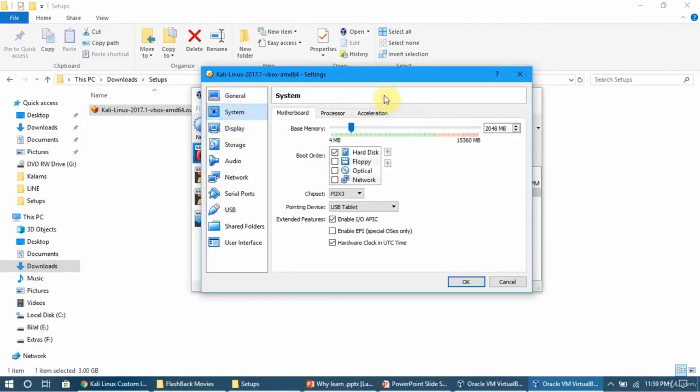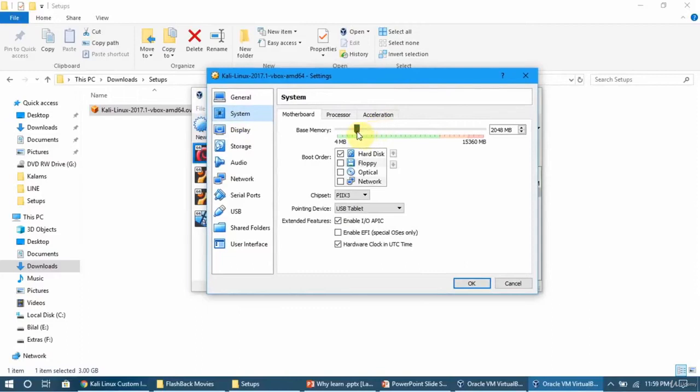You can go to system settings, and here it is. You can set the RAM for the machine. I have set it to 2 GB because I am using 16 GB already, and if you have less RAM, you can set it to 1 GB because it will run fine on 1 GB too. You can set it to 2 GB or 3 GB, whatever you want according to your own system requirements, but it will be fine on 2 GB or 1 GB either.